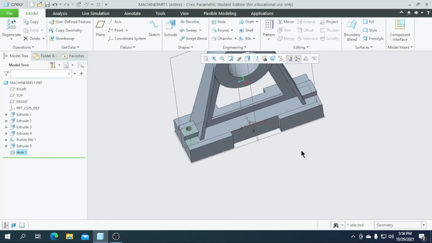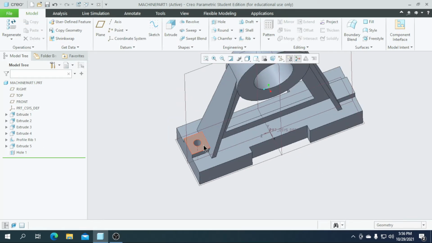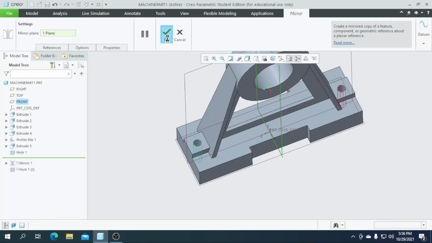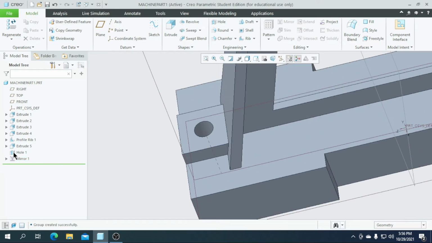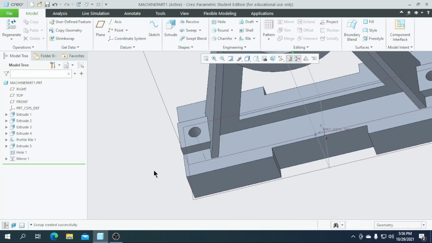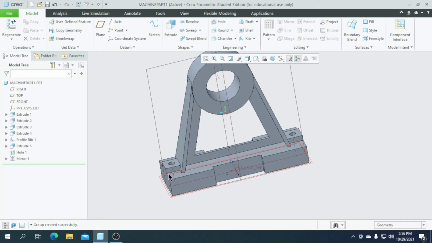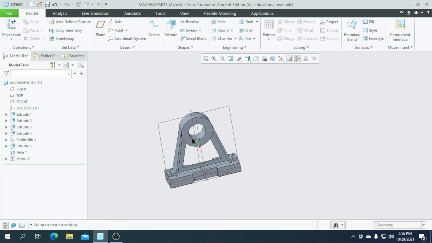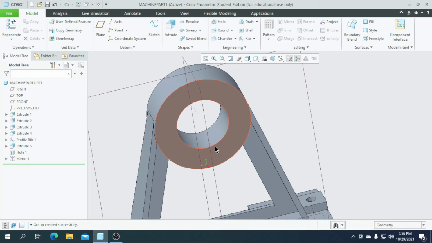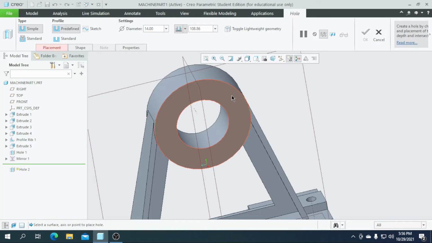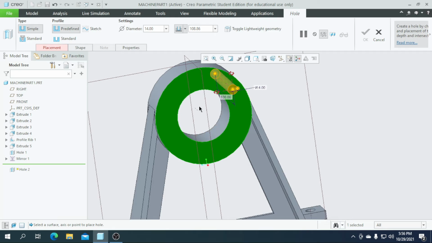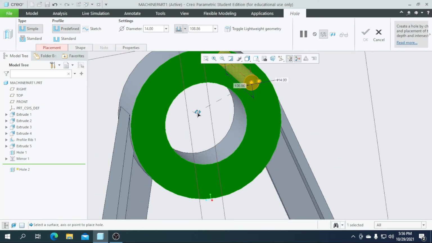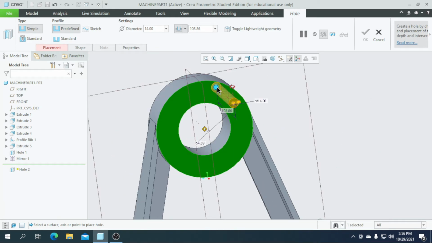So click on OK. So then I am going to create the circle on the other side. So go the simple way, go for the mirror and select the center plane and give one OK. So you can see this, the hole is created for us on both the sides. So then we are going to create another hole, a number of 4 holes here. So for that, go for the hole again, select this face. So for this, drag one to this axis and drag another to this plane.